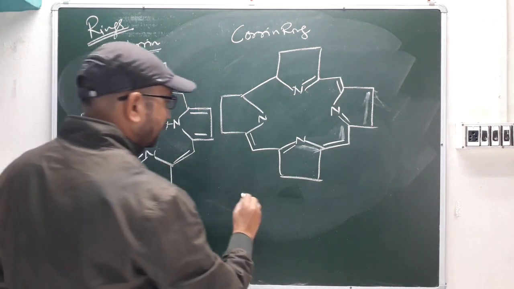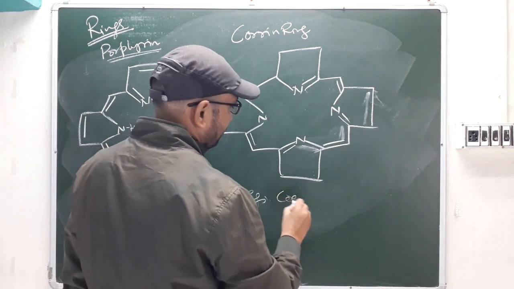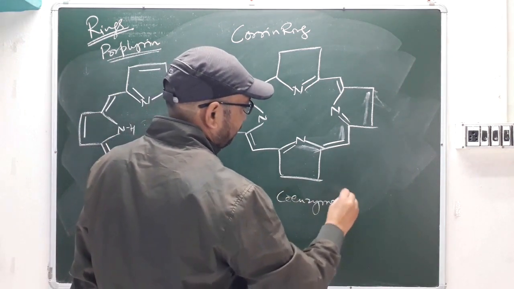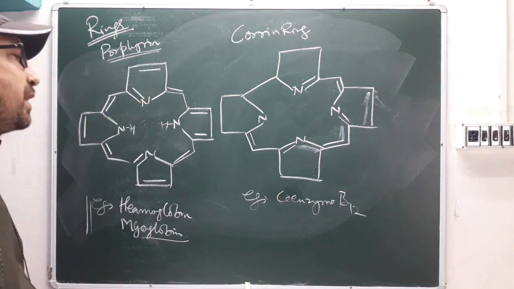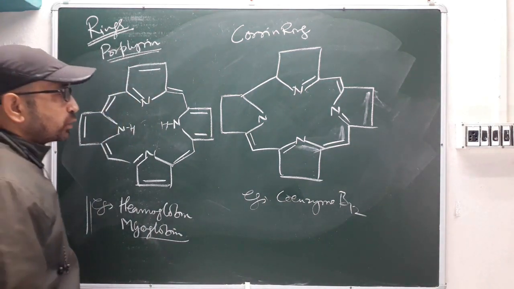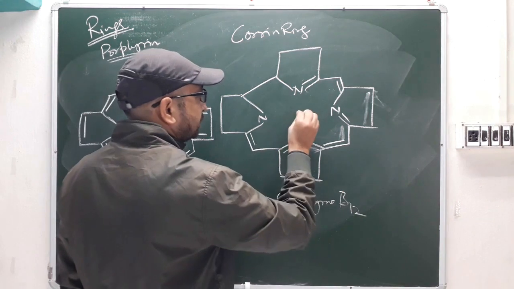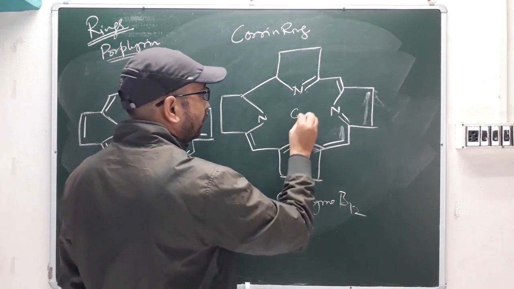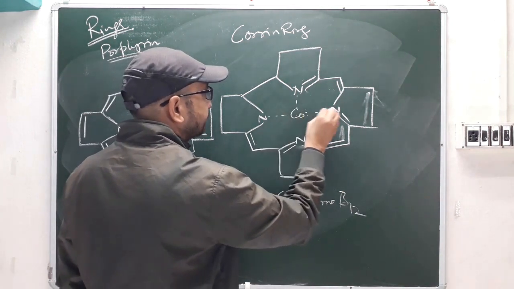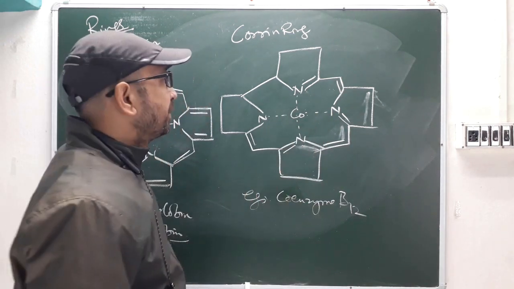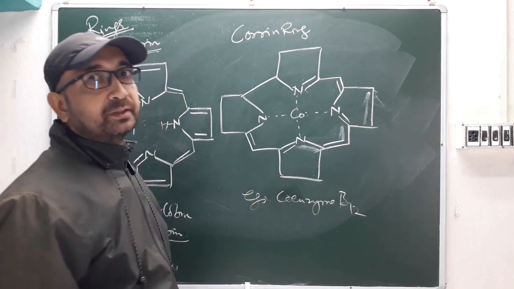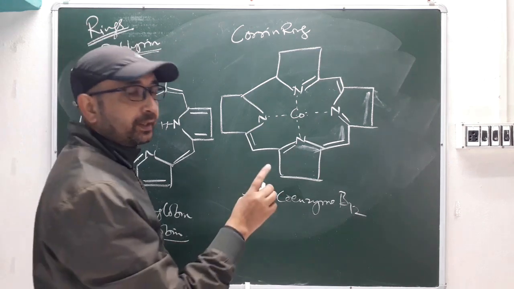Okay, so the corrin ring example will be coenzyme B12. So vitamin B12 we have. So coenzyme B12. Okay, so suppose here one metal is there. So vitamin B12, we know that it will be cobalt. So if cobalt is there, you just see, they might be asking how many 5-membered rings are there and how many 6-membered rings are there in this